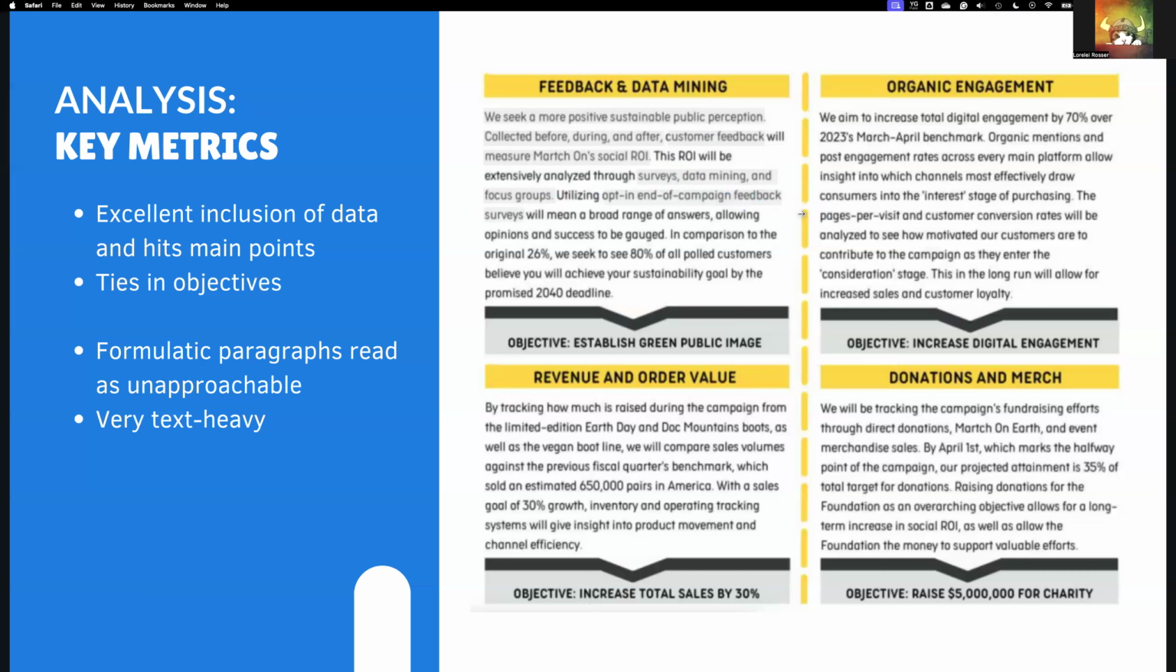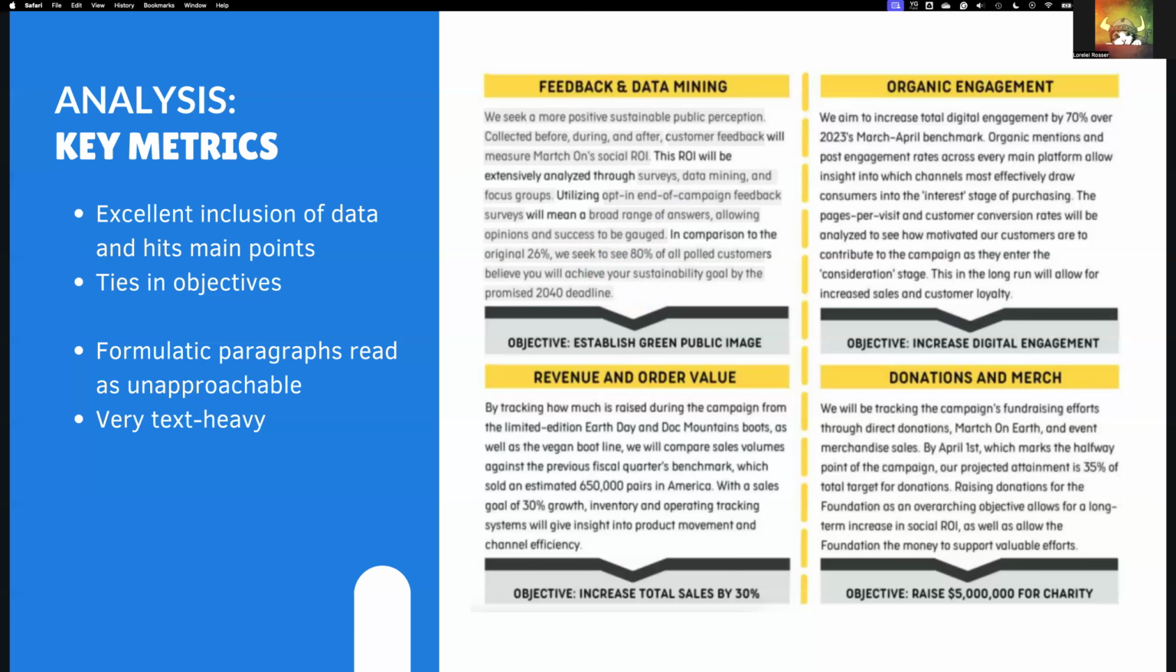Once again, we're telling us why. Why do we care? Why are we using these? Because these allow for a broad range of answers, which means that success and opinions can be gauged. In the objectives, we looked at the specific benchmark. For the key metrics, you can sort of bring that back. You've already told them when your benchmark is, so now you're going to apply a statistic or something measurable to see the actual impact. So in comparison to the original 26%, we seek to see 80%,